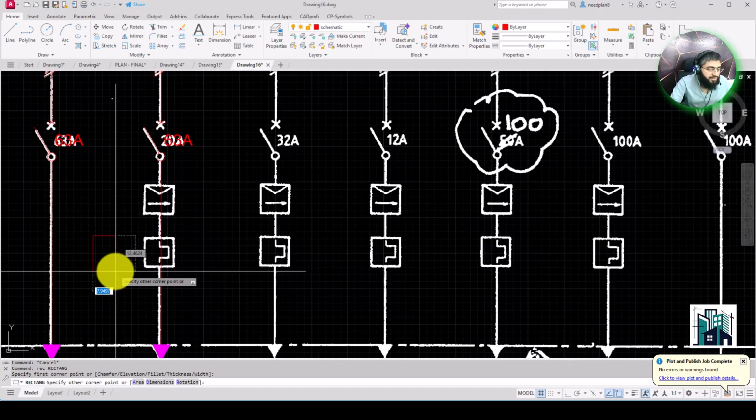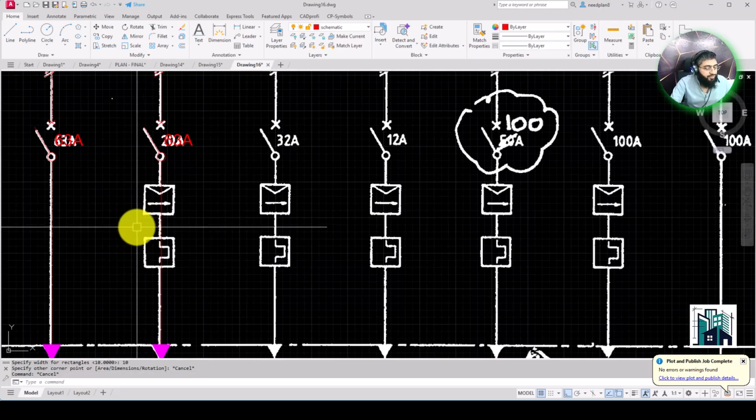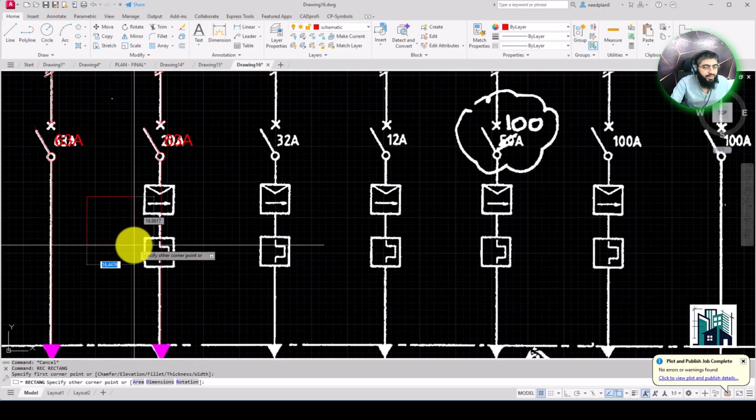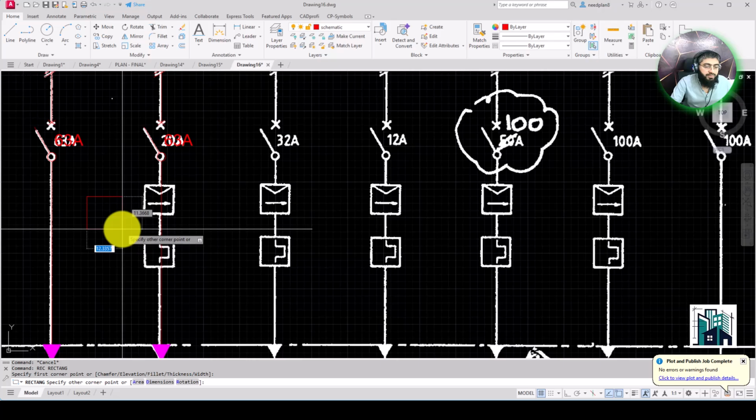So I want to create a 10 by 10 rectangle. What I have to do for this, you'll have to just enter REC and then enter and then select the first point and then the second point and then enter D for the dimension, like 10 horizontal and 10 vertical.